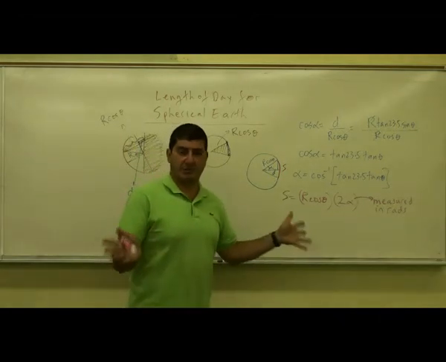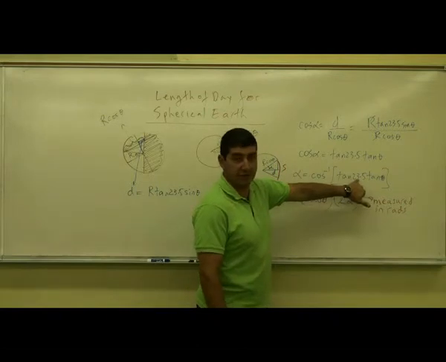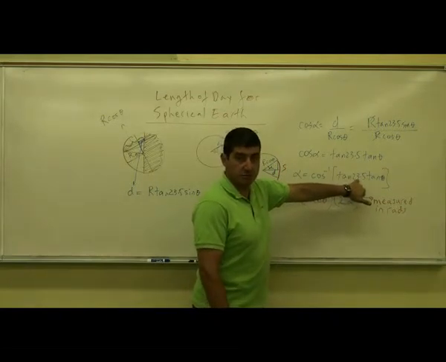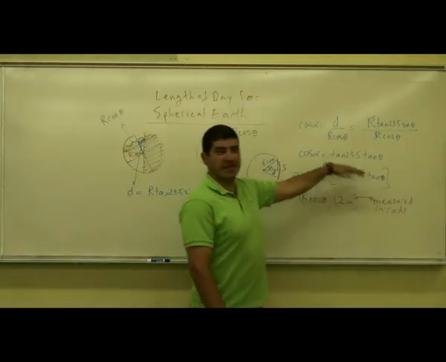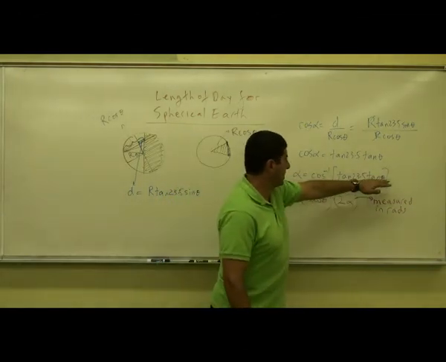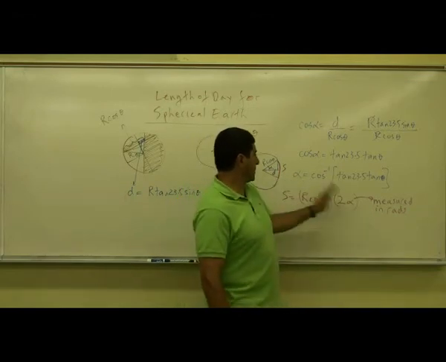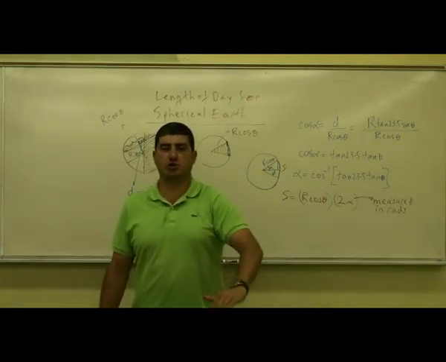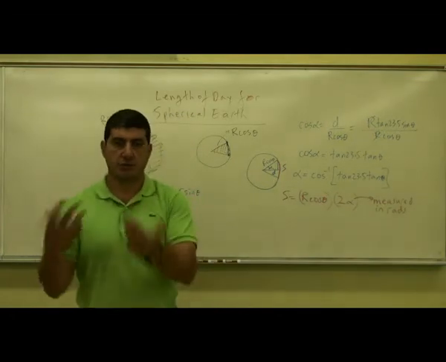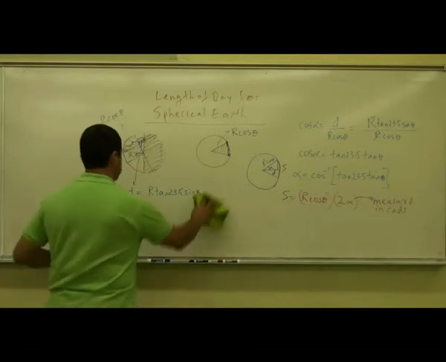Let's say we don't want to measure in radians. Let's say we want to be able to do this because you see this 23.5 degrees is in degree mode, and so we don't want to keep changing from degrees to radians. So since this is degrees, let's keep this in degrees. We're going to get an answer in degrees. So if we get an answer in degrees, how can we change that to radians? Then you can convert. So what we can do is we can say